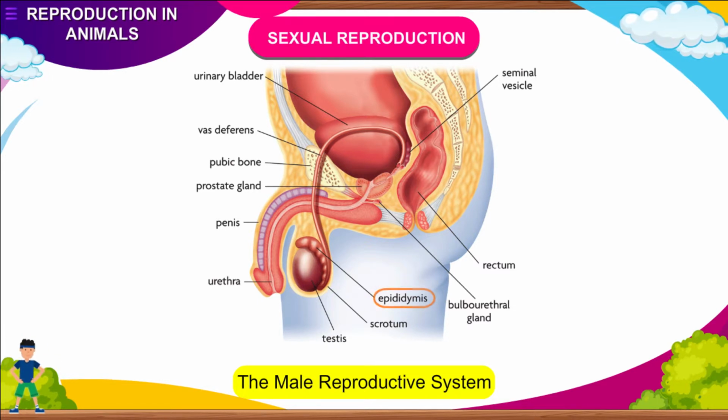Epididymis. The sperms empty into the epididymis, another coiled tube. The aging and maturation of sperms take place here. The epididymis leads into the vas deferens. Vas deferens, sperm duct. This duct starts from epididymis, enters the abdominal cavity, and both these ducts meet each other behind urinary bladder. From this point, they continue as urethra.